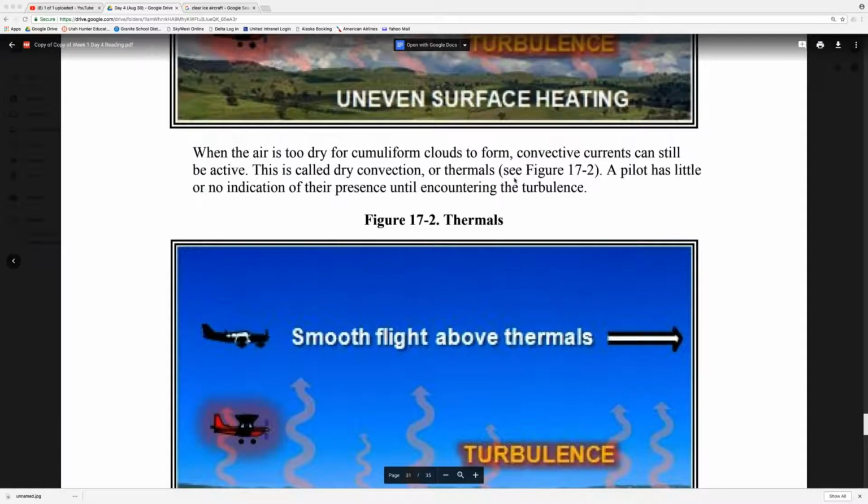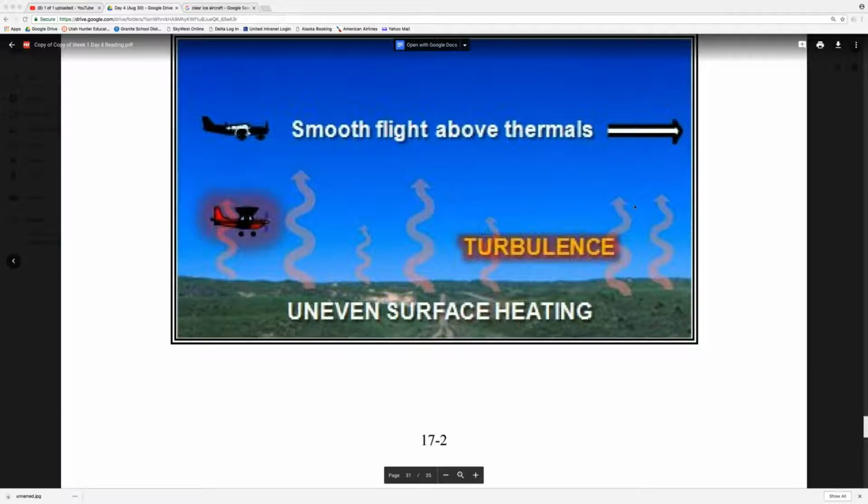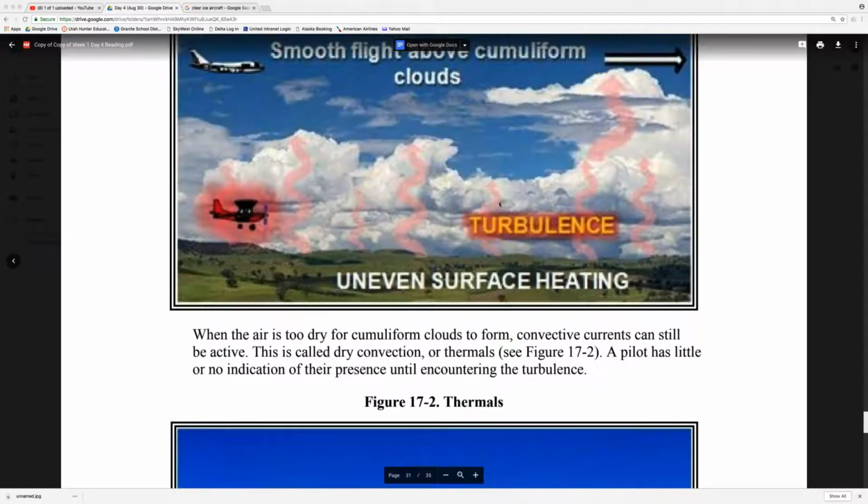When the air is too dry for cumuliform clouds, convective currents can still be active. This is called dry convection or thermals. Pilot has little or no indication of their presence until encountering the turbulence. So we also call this clear air turbulence. Okay, when we don't see clouds and